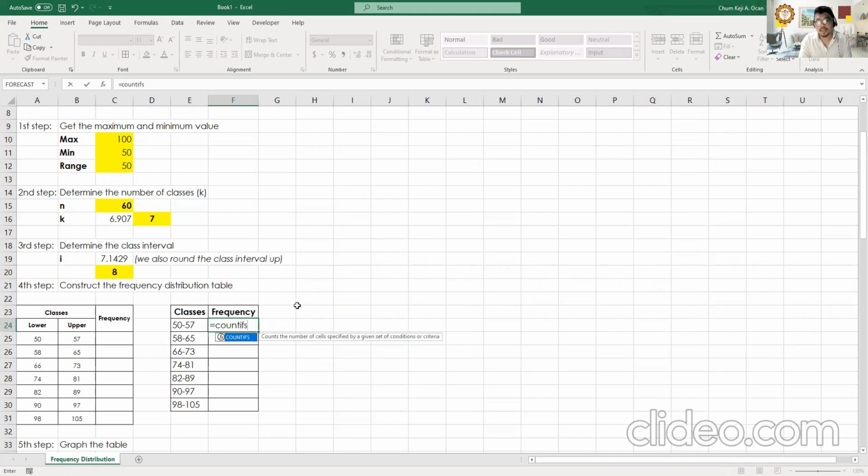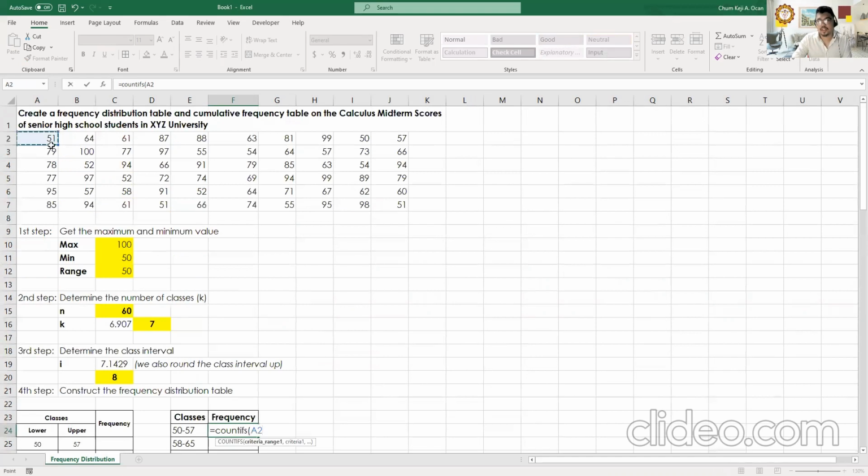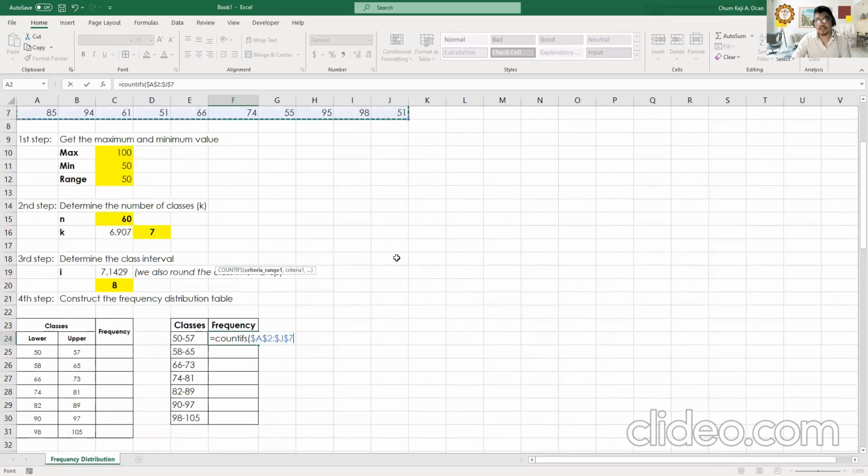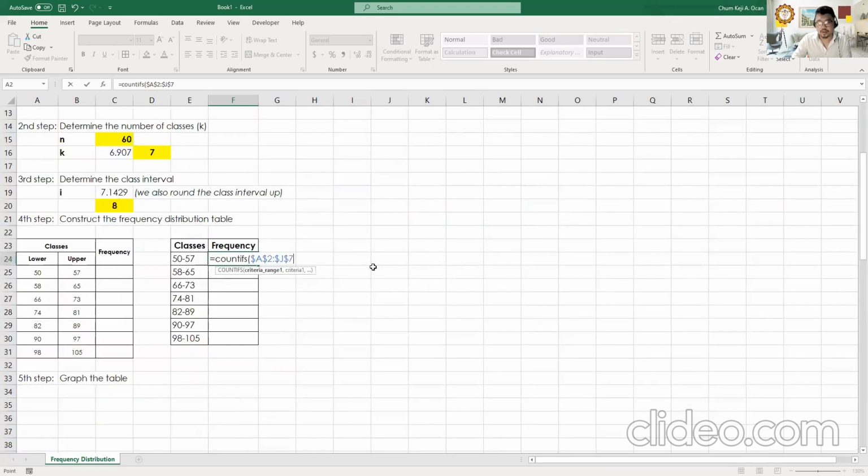So in this case, our criteria will be, it should be greater than or equal to 50, but less than or equal to 57. So we are going to count the values within that criteria. So COUNTIFS, our first variable here is the criteria range. Our criteria range will be this one. We can press F4 to freeze that particular cells or particular range, and then comma, our criteria one again is it should be greater than or